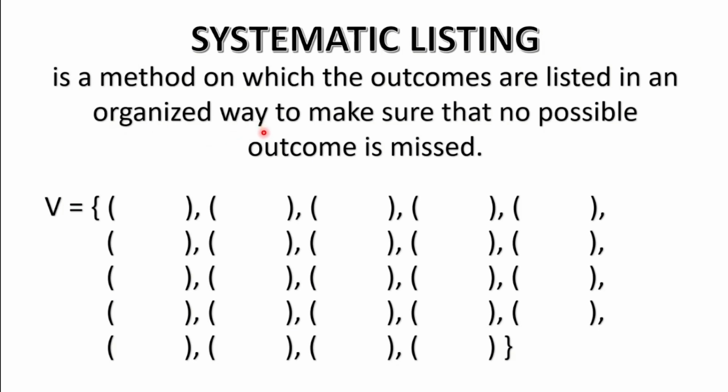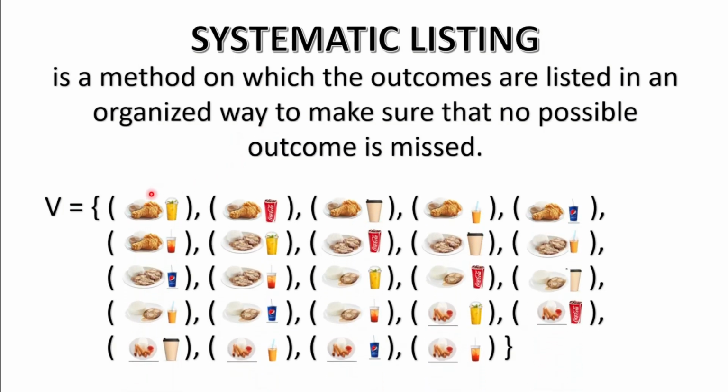Why? So that we will not be missing any possible outcome. Because if we did, then we will miscount. So, how do we do that? We can do it in various ways, but for this particular example, we can just put all the chicken rice